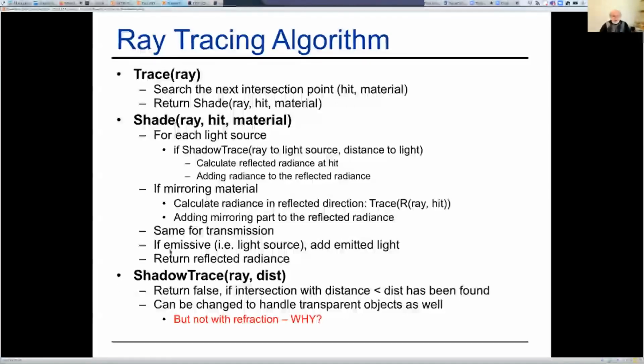And we had this example in this question with the lava. So if the object that we hit is also a light source, then we also add the illumination through the emission from the object itself. Then we add up the components that arrive from each light source, plus the mirror component, plus maybe the transmission component, plus maybe the emission component. And that is the amount of light that is finally returned to whoever asks how much light arrives from this given ray. And then this shadow trace operation,